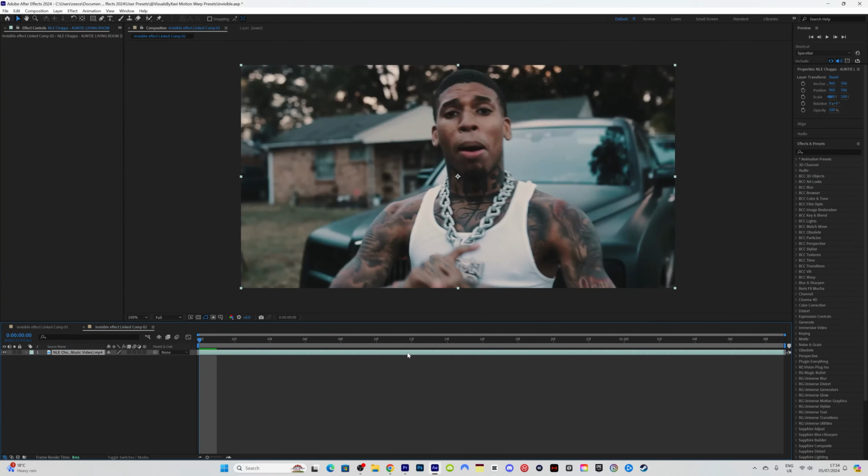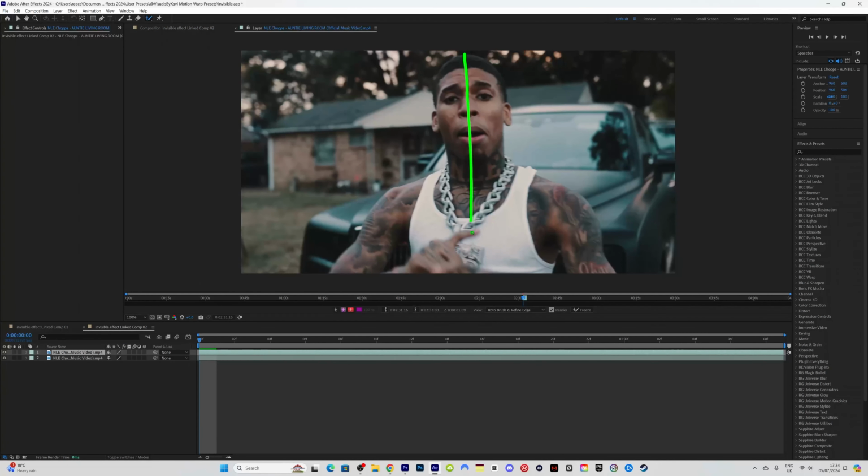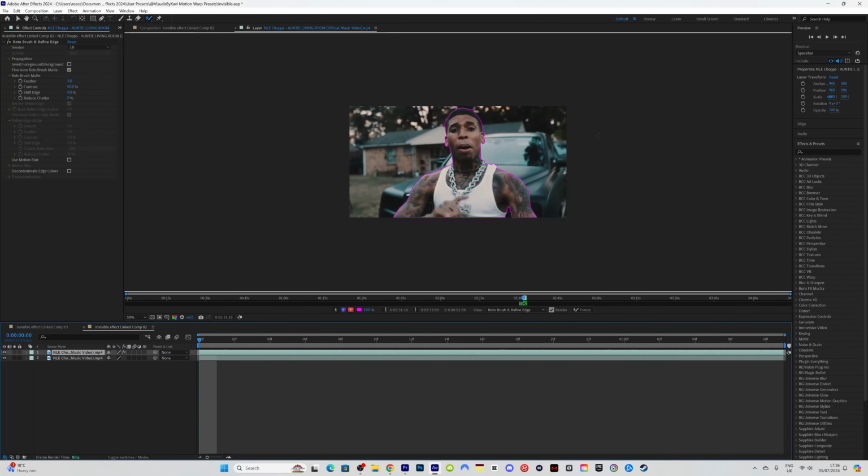First thing I'm going to do is duplicate this layer, and we're going to double click the first layer. I'm going to go to Roto Brush, and we're just going to do a clean cut of our subject. Okay, so once you have rotoscoped your subject, the next thing that you want to do is